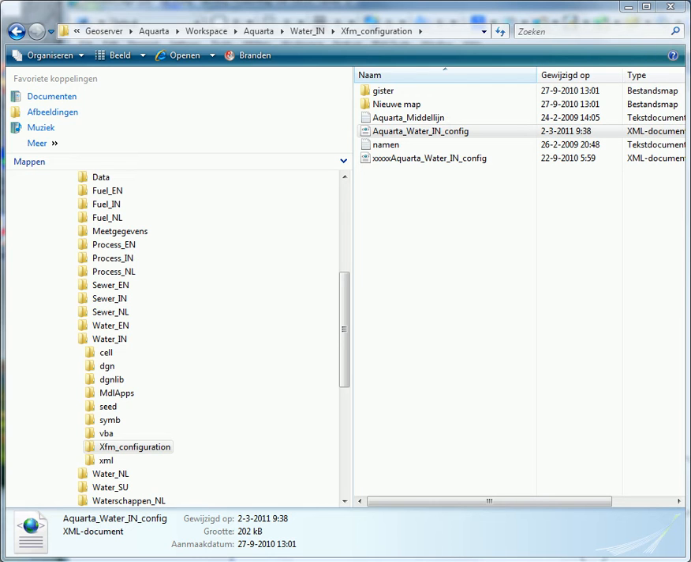I will show you how you can change your configuration file. With this configuration file you can set all the items of your Aquarta menu, but also change all the symbology of your elements. We go to your workspace and to the XFM configuration directory. There you find an Aquarta water